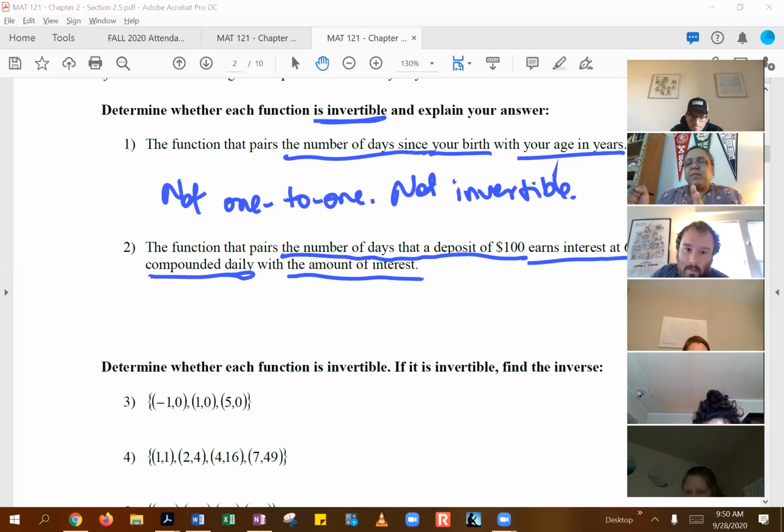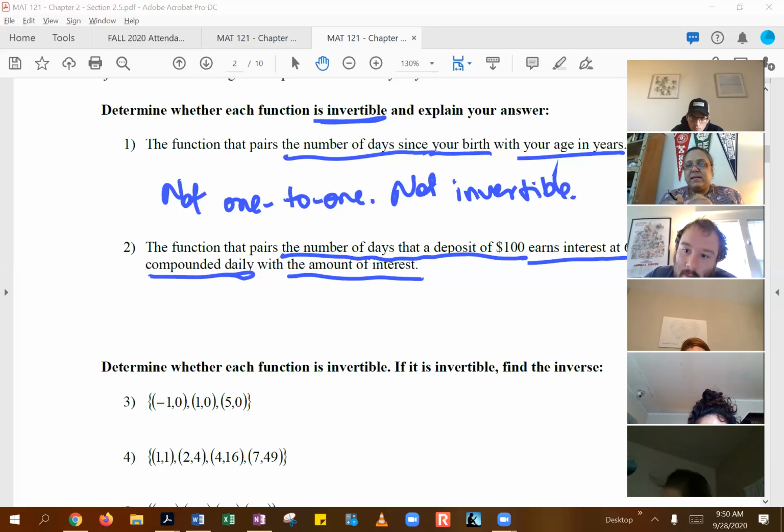No. And the other direction would be for different amounts of interest, would you have the same number of days? So if you earn like $50 in interest or you earn $55 in interest, will they have the same number